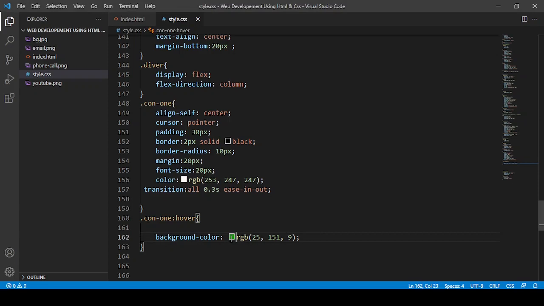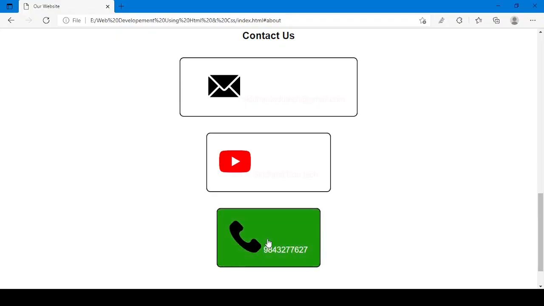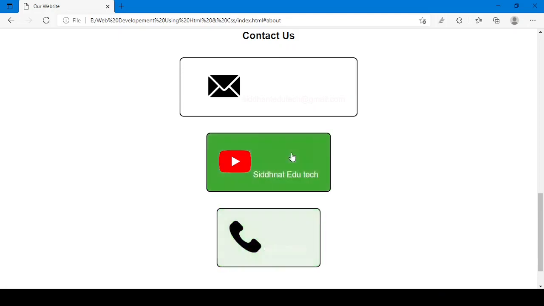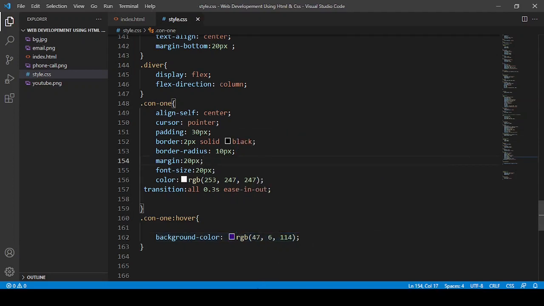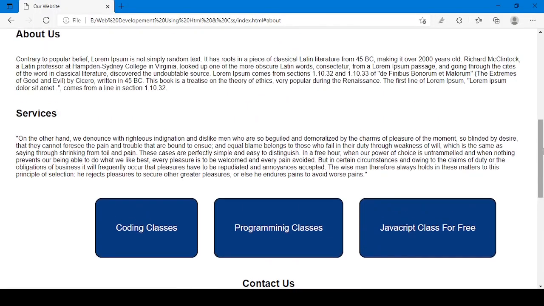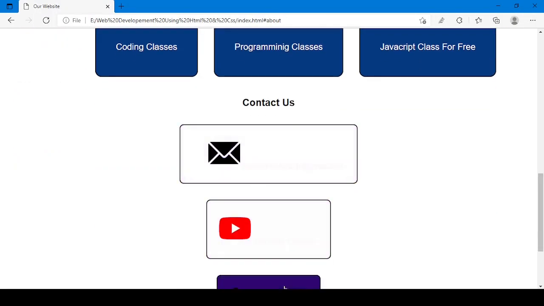Yeah, instead of green, I can also give here blue also. Yeah, I think blue will be nice. Blue, yeah, blue. Now here you can see how wonderful does it look.